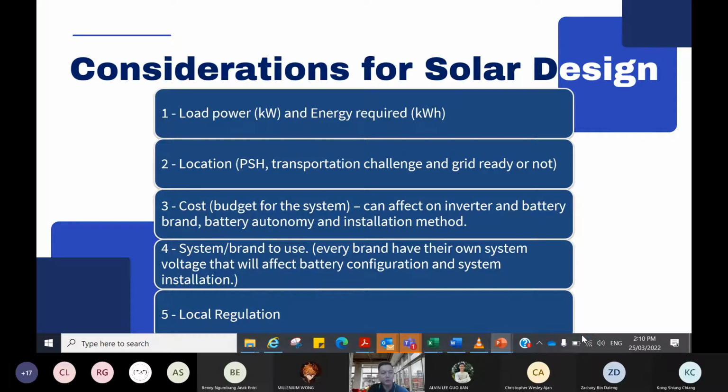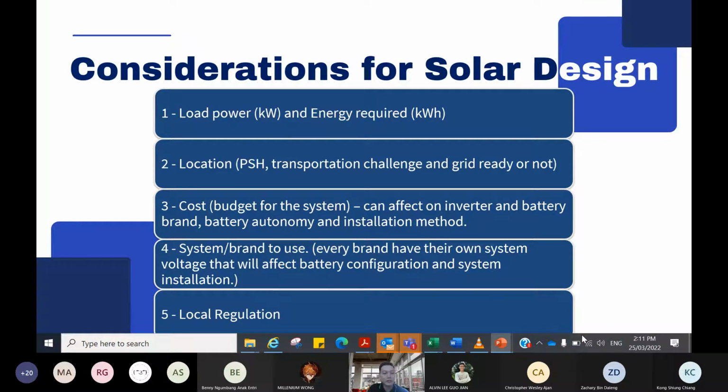You can have a lot of battery autonomy or battery backup, and also installation. You can do a very nice installation. But if you have a budget constraint, you can opt for a simple installation. Maybe no need for a powerhouse. You can just put it inside your house, and you can optimize your battery and